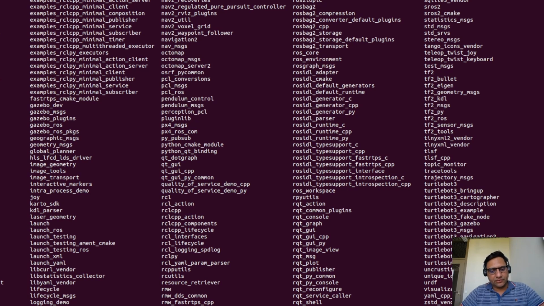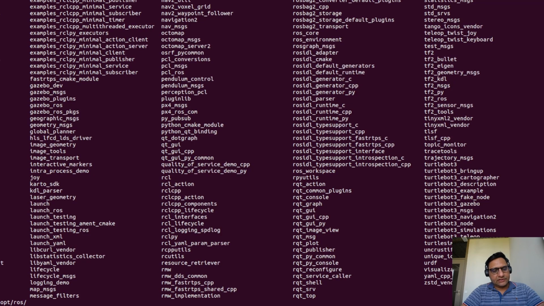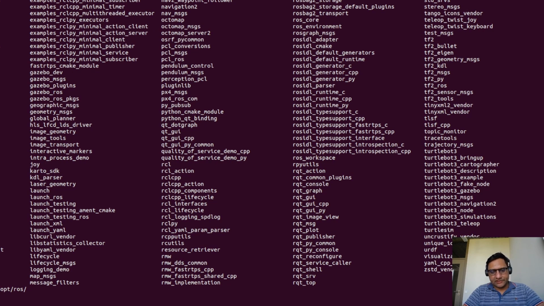Great. When you source the file, how do you know where your ROS is installed? You can just go to cd /opt/ros, and here if I ls, you can easily see that I have both of them, ROS Foxy and ROS Noetic. You can set the environment variable for ROS distro. If I echo ROS distro, it says foxy, right? Because right now I have